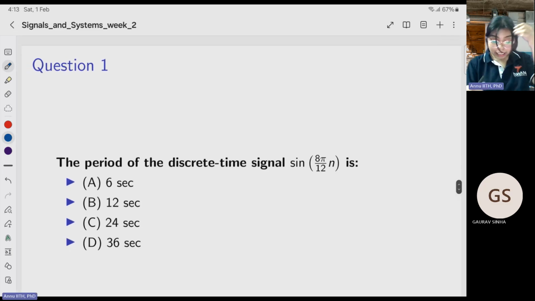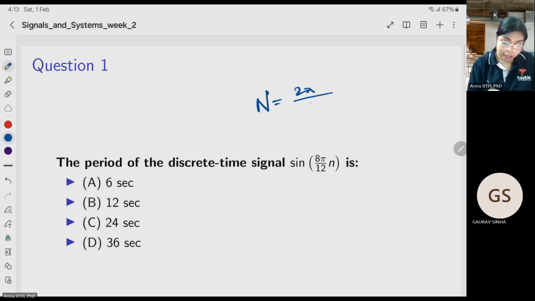Now, the period of a discrete time signal sin(8 pi by 12 n), what is that? We need to follow the formula. So the period is nothing but N naught. Since it's discrete time, I'm keeping this n. This is omega n, so 2 pi n by N naught. This is N naught, this is n. 2 pi n by 8 pi by 12 n, this is nothing but